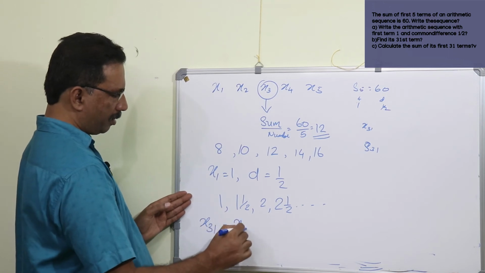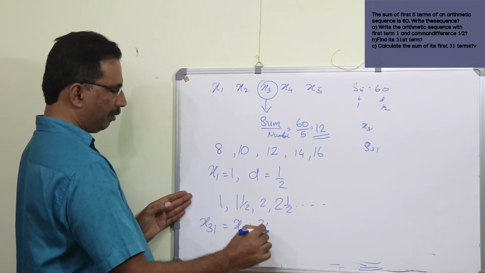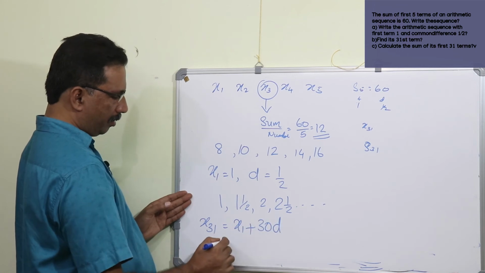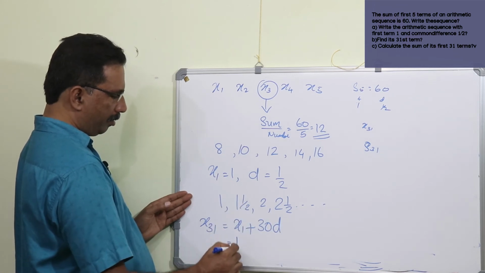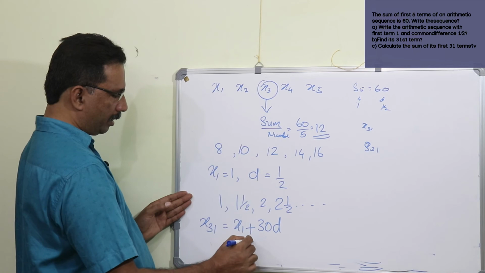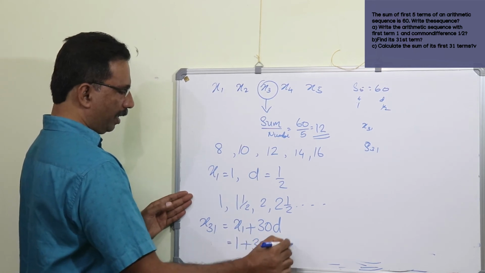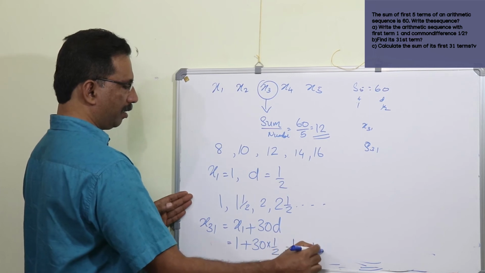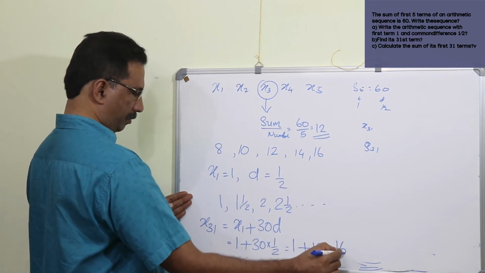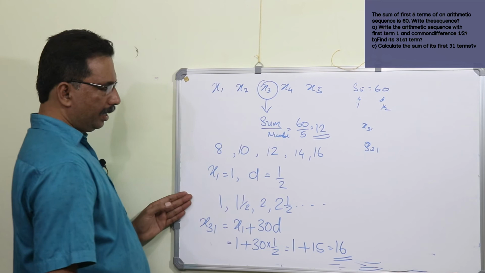x1 plus 30d. That is the 31st term. x1 means 1 plus 30d, 30 into half. Half of 30 is 15. It is 16. 16 is the